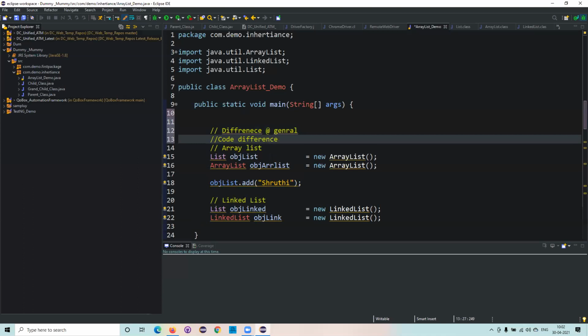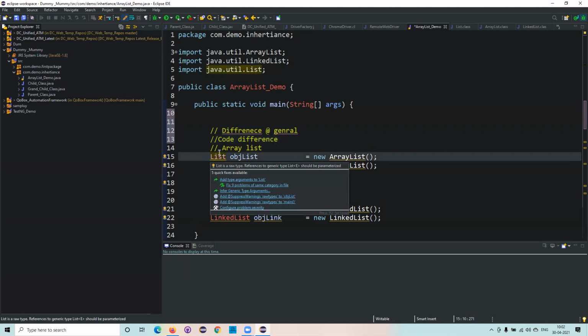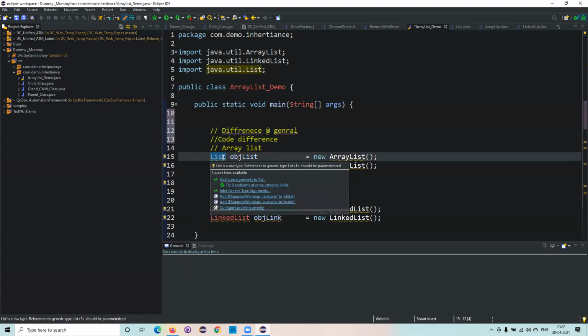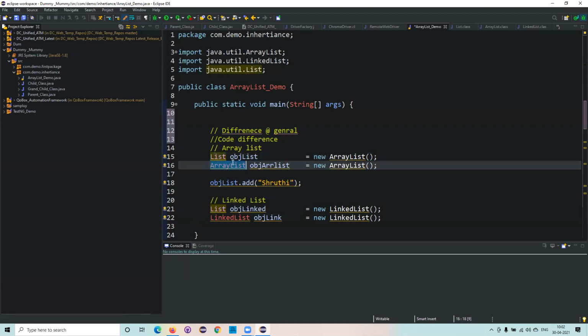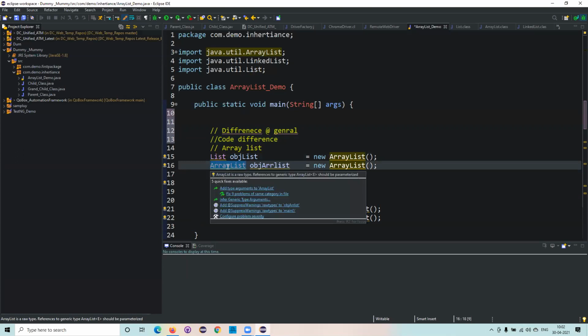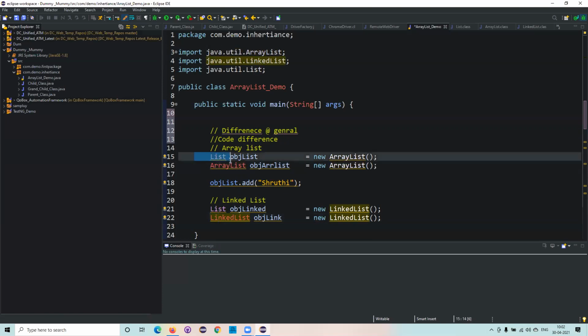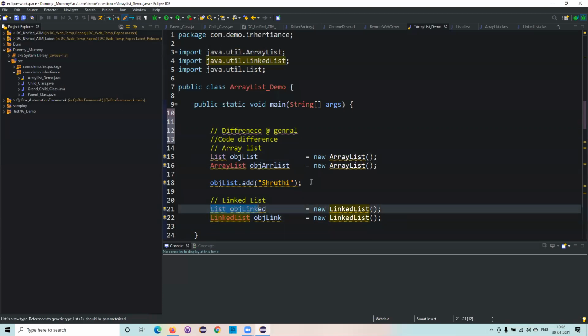Now, when you create a list object for the ArrayList, what methods are applicable? And the same way, if you do it for the LinkedList, compare these two. What methods are available here? If you go to line number 15 and line number 21, you will have the same methods.